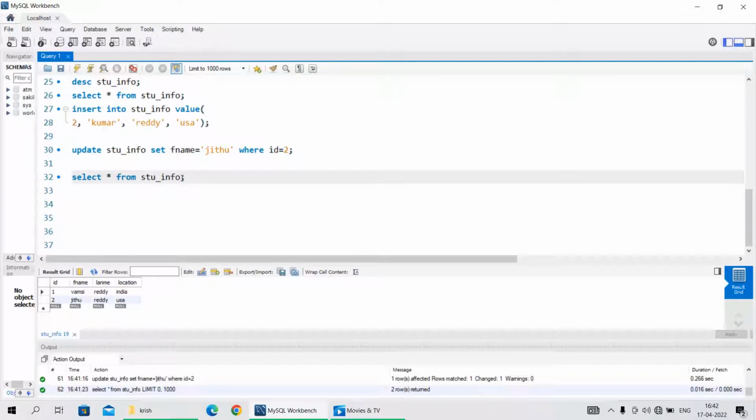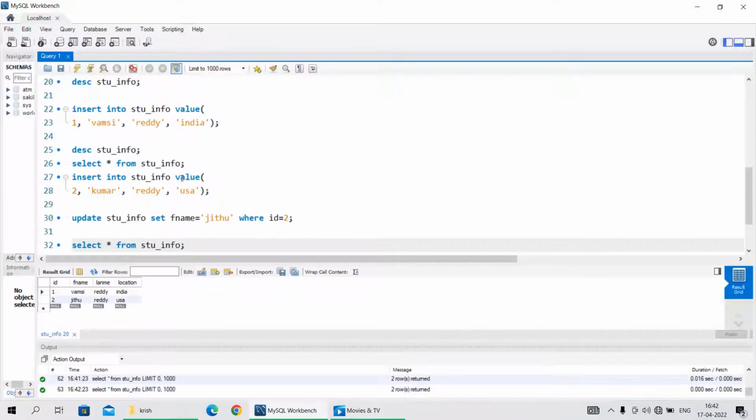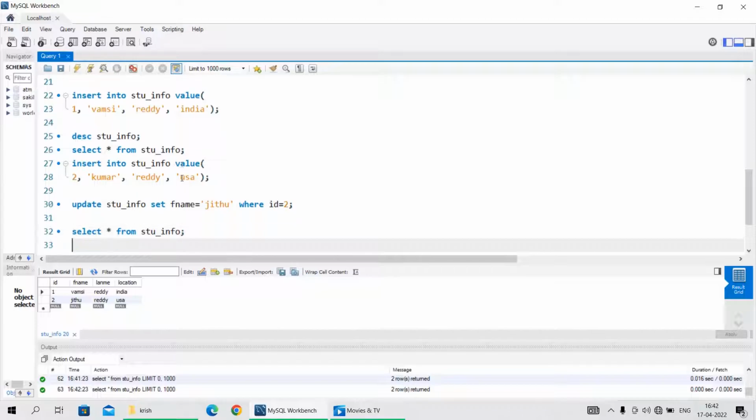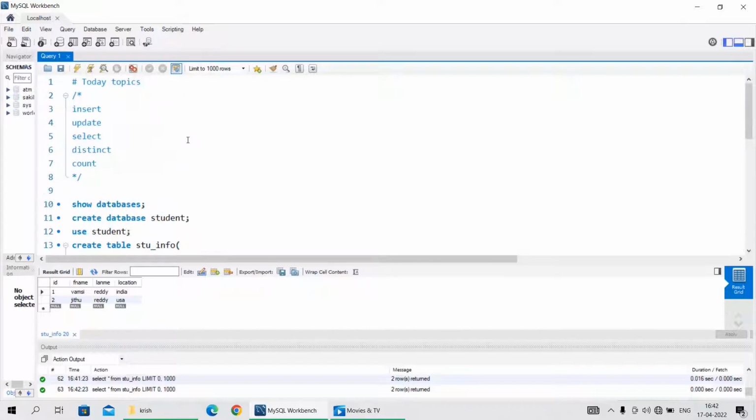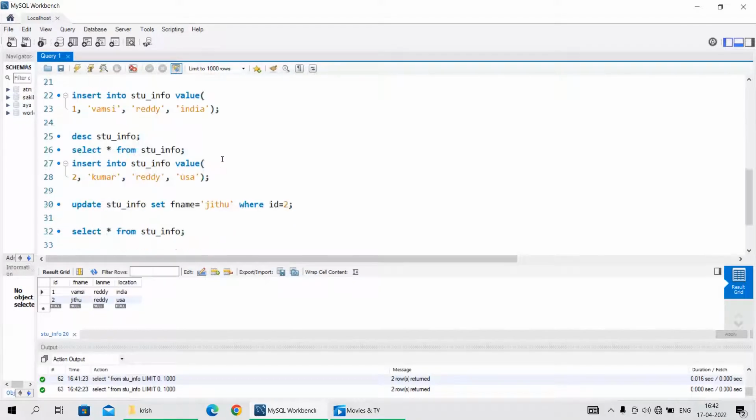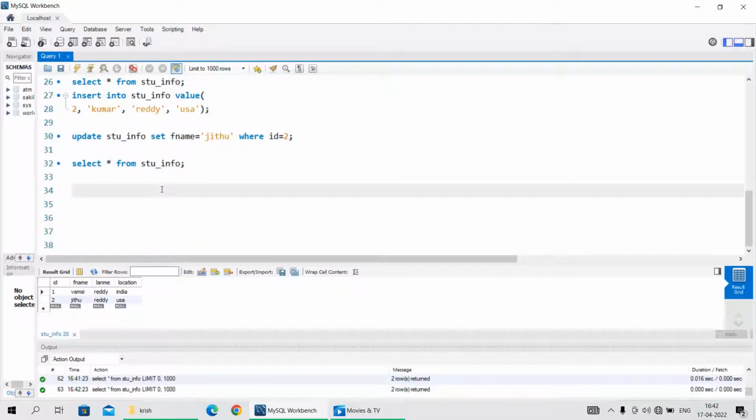See here, select from the student table. It is used to see the records in a table. So for that case it helps to see the records in a table. This is the simple syntax, and we can execute it clearly and get the results. And the next one is